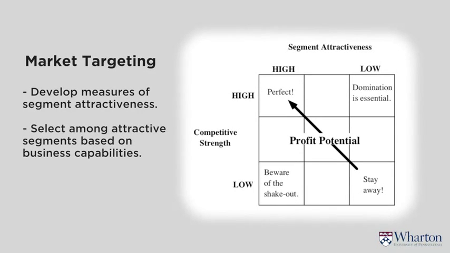And so what you're looking for is, you're going to divide the segment, and this is a graph that shows you can have low to high segment attractiveness, and you can have low to high competitive strength. And the best segment to go after or to target would be the most attractive segment where you are strongest relative to the competition. That's perfect. Sometimes you can't get the perfect segment, and so you may choose something that's a little bit less attractive but still something that you think would be profitable.